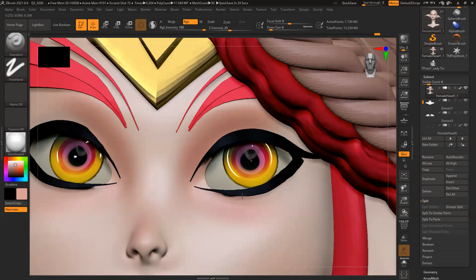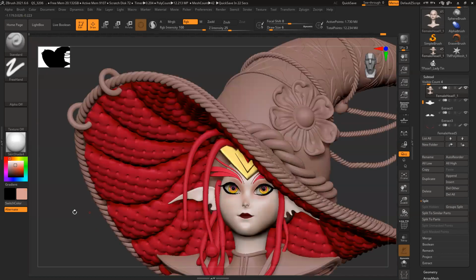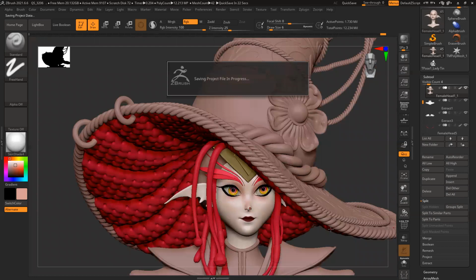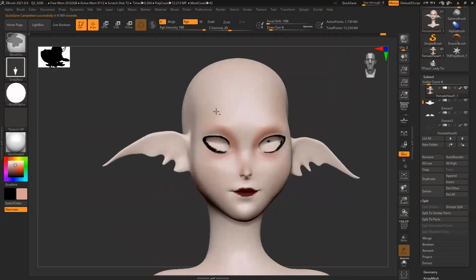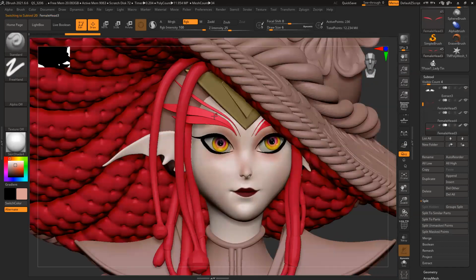Pick this color and remove this darkness. This one, it will take a couple of times.